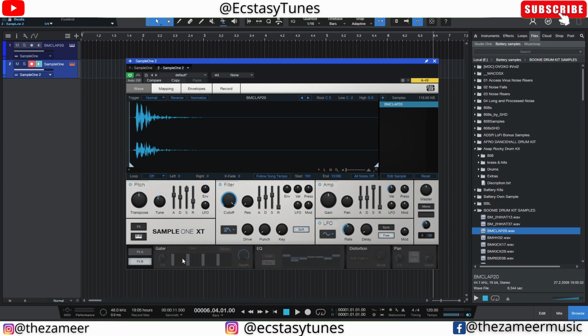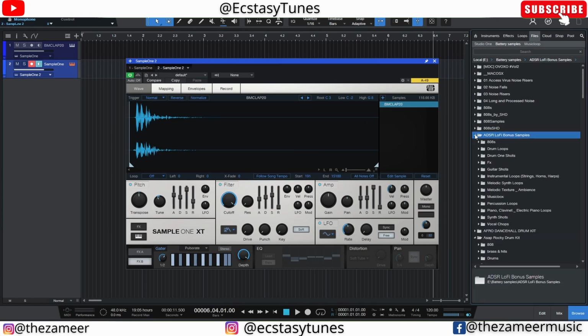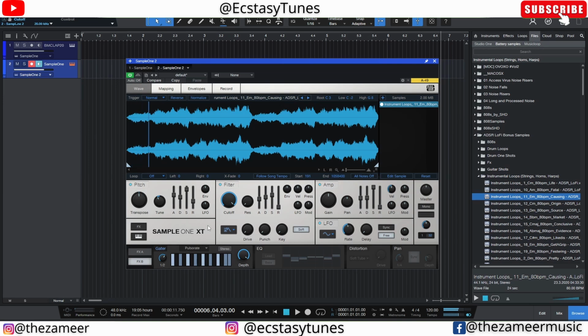So let's go and check out FX B. So we have gator. Ooh. Okay, I think I have to use, let's use a longer loop. Okay, let me turn this gate off. This is a very simple, straightforward sample, but when I turn on the gator,